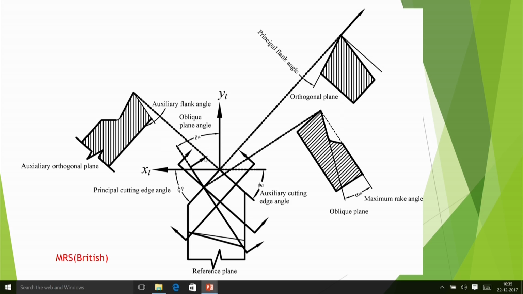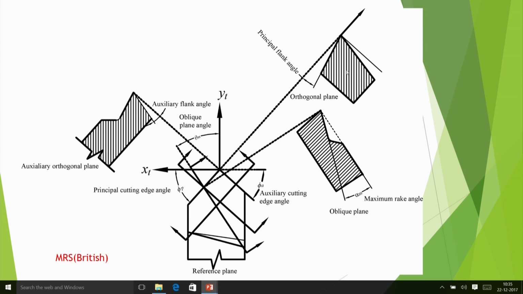And then now we have to understand various things. Now if I say the maximum rake plane is this, so I have cut it in this direction. This is called the oblique plane. This is somewhat oblique, but in this particular plane, if you cut a section like this, your rake angle will be maximum, and that is designated here, that is alpha m. So that system is there.